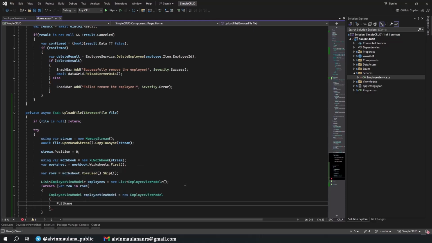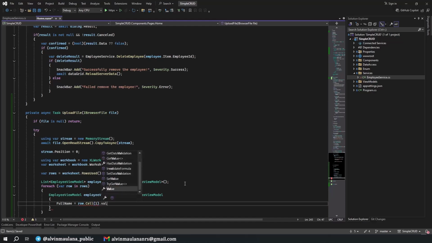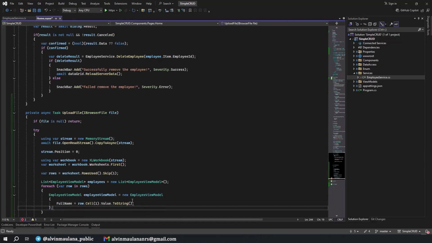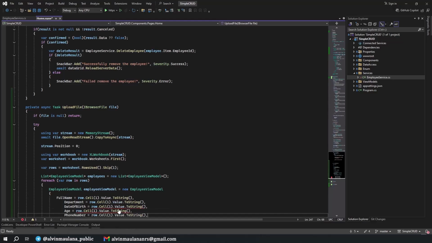The full name we get from the row, cell number 1, and then value, and we convert it to string. This one should be like this, just a comma, and then maybe I just copy until this one, and then Department I paste again, DateOfBirth paste again, Age paste again, and PhoneNumber I paste again.